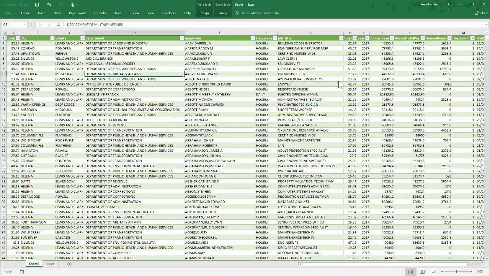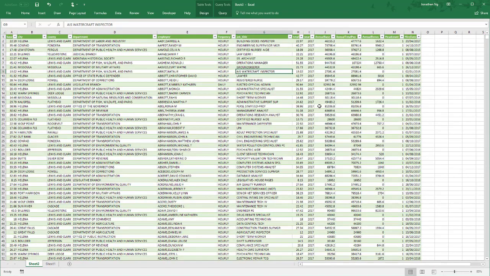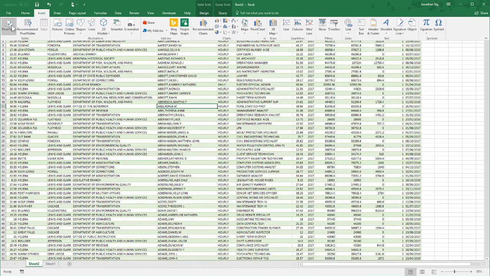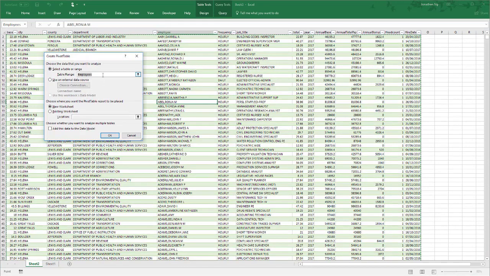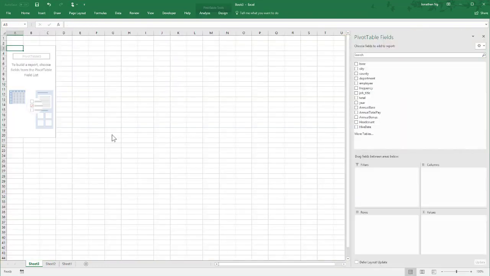Let's collapse our connections here. Zoom out a little and take a look at our data. Now that we have our data in place, I can go to Insert, Pivot Table. And you notice here, because our table has a name, employees, our pivot table references that name, which is really useful. Every time we update our data in Power Query by hitting the refresh button, it will automatically update our pivot tables. I'm going to come over, click OK, and let's take a look to see what we can do